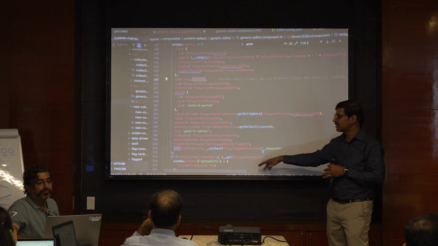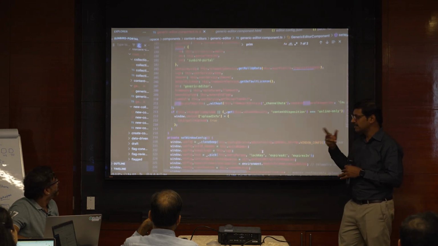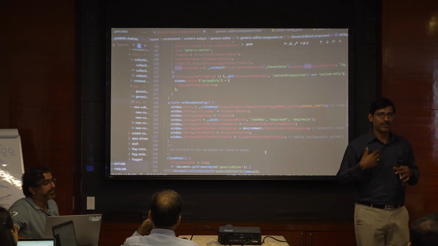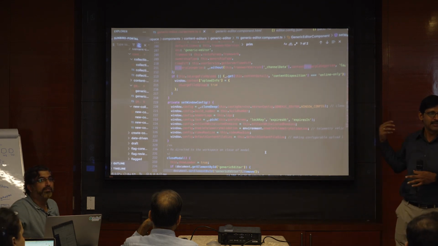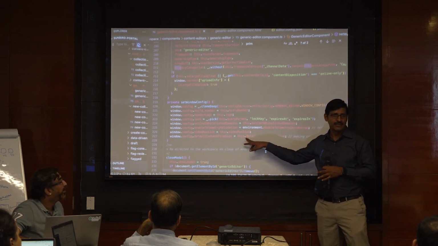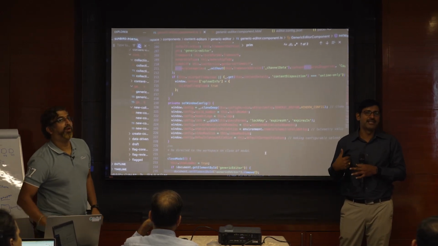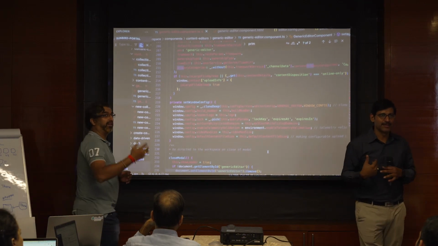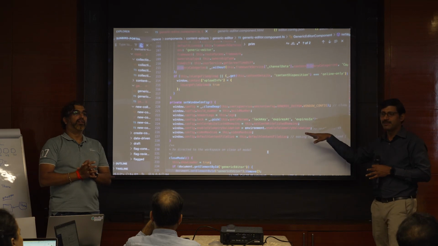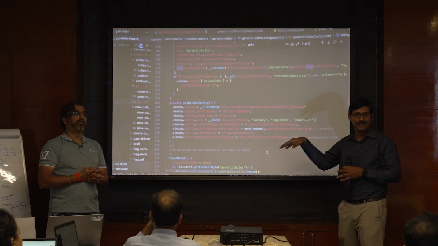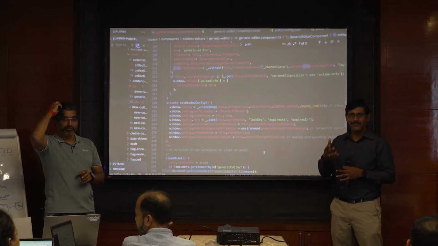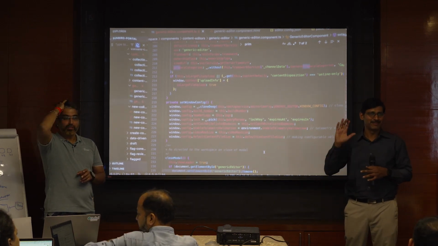Pretty much in a similar way, some of the functional and config-related items. If you see here, video size. The portal doesn't need to know video size, only the editor needs to know. But it's not hard coded on the editor side. They could have hard coded what the size of a video you can upload is. They could say the editor only supports uploading 100 MB or 200 MB like that. But they didn't do that. They made it a configuration, so that you define what size you want. I will allow that much size.